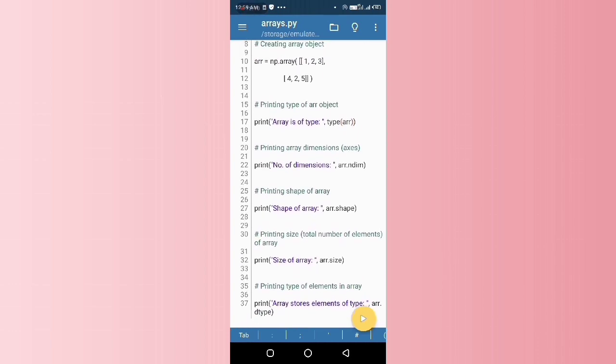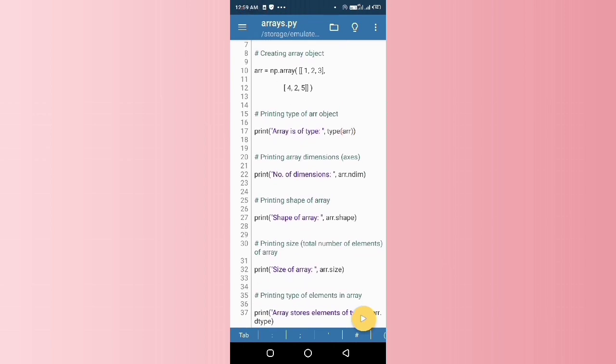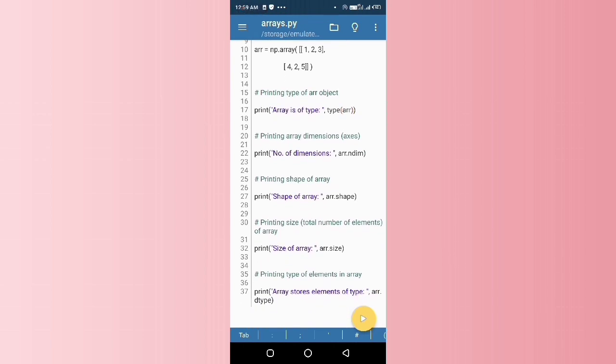Friends, if you want to get some knowledge of this particular NumPy, I'll throw some light on this also. Here you can see that I have declared an array called arr. That will be created as np, which is an object of the NumPy library, friends. So np.array. Here I have declared 3 rows, 1 2 3 and 4 5 6. That means there are 2 rows and 3 columns, friends.